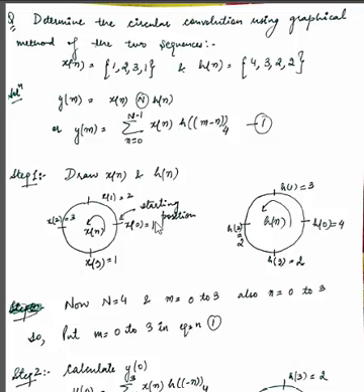And we know x of 0 is 1, x of 1 is 2, x of 2 is 3, and x of 3 is 1. In the same way, h of 0 is 4, h of 1 is 3, h of 2 is 2, and h of 3 is 2. Now N-point DFT means 4-point DFT, and the range of m is 0 to 3. Also the range of n is 0 to 3. So this summation becomes summation n from 0 to 3. So by putting m equal to 0 to 3 in equation 1, we can find the circular convolution using the graphical method.